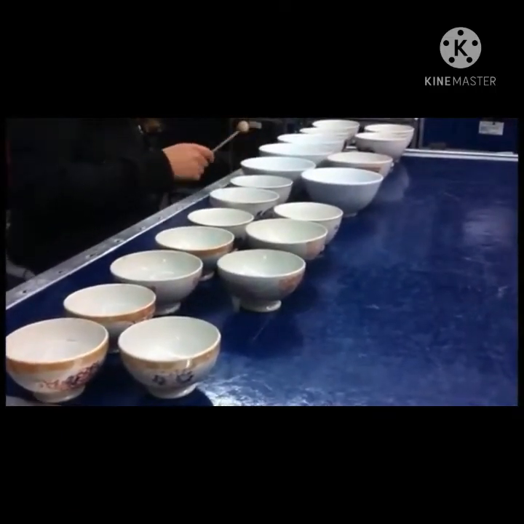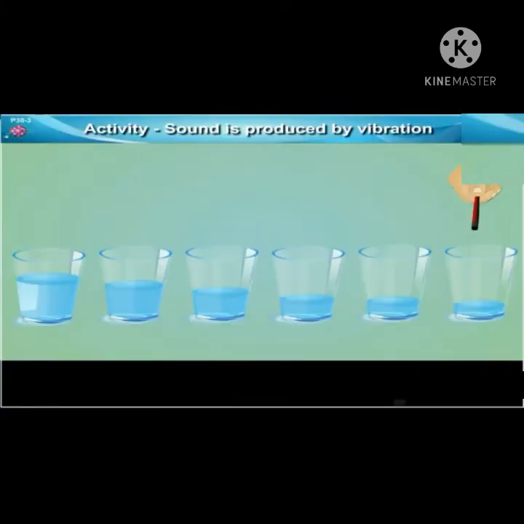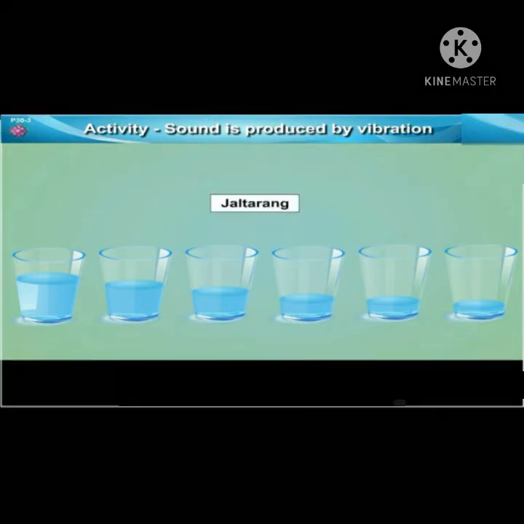Why it is so? When a cup is struck, waves are set up in the air column above the water level in the cup. The frequency of the generated waves depends on the height of air column inside the glass cup. Since the water level in each glass is different, the height of air column in each glass is also different. Therefore, the frequency of sound generated by each glass cup will also be different. So, the sound generated is different.